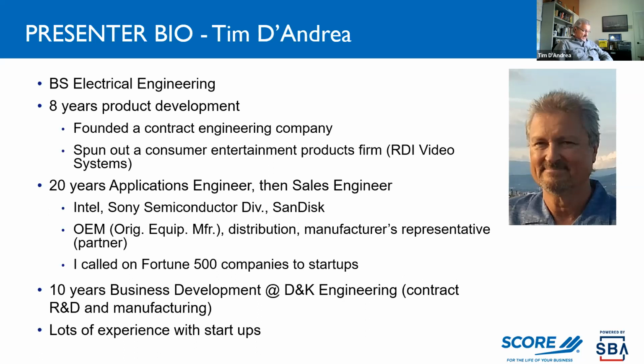I called in that 20-year period on hundreds of companies, from startups to medium-sized to tier 1 companies, all trying to develop and deliver products. So I'm very familiar with this process. For the last 10 years, I've been working for a product development company called D&K Engineering in San Diego. They are about a 700 employee firm that develops mostly very complex electromechanical products like 3D printers and DNA sequencers